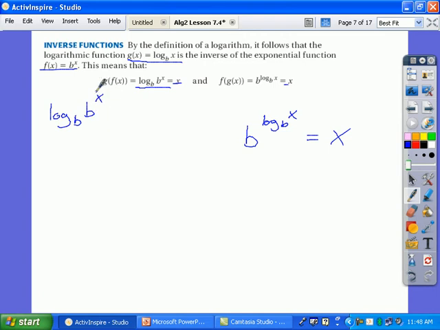Really nice little property. Okay, it says anytime the argument of a logarithm has an exponent, you can just bring the exponent out front in the form of multiplication. Again, I'm unofficially introducing it now, but you will officially see it, I believe, in section 7.5. And the next observation then is, well, what is log base b of b? What is log base b of b? And so to help you see that,